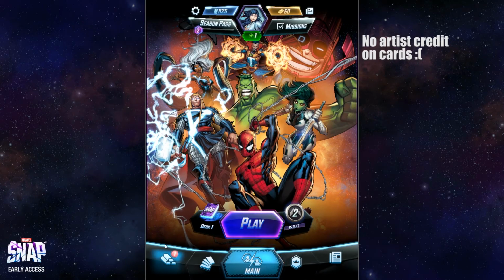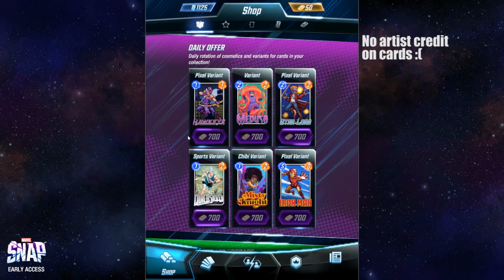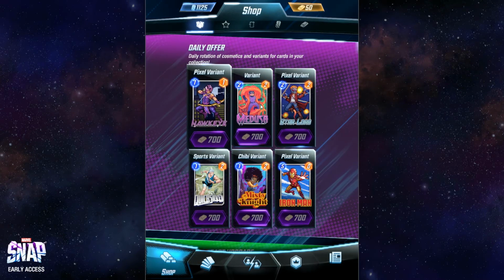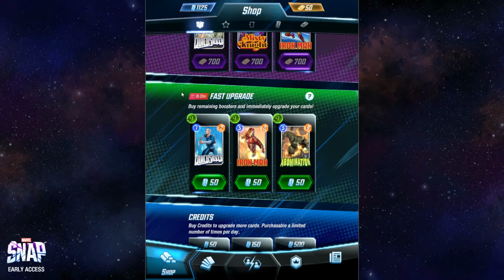But yeah, so that's problem one I have with Marvel Snap. But that's what you're going to be spending gold on is variants, and this is a daily offer, so these will be random different variants every day you check in. And here is